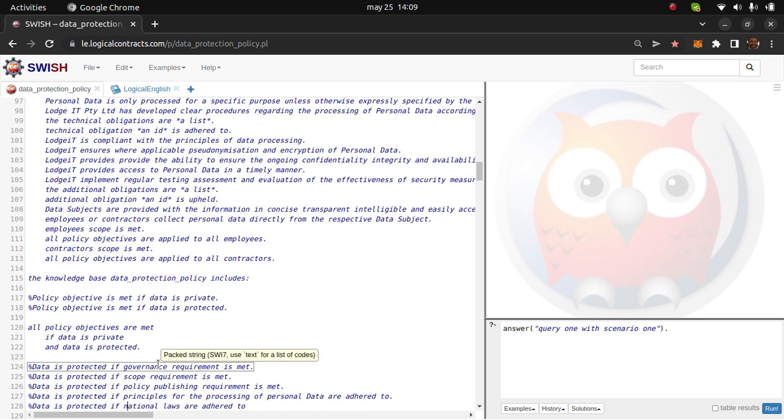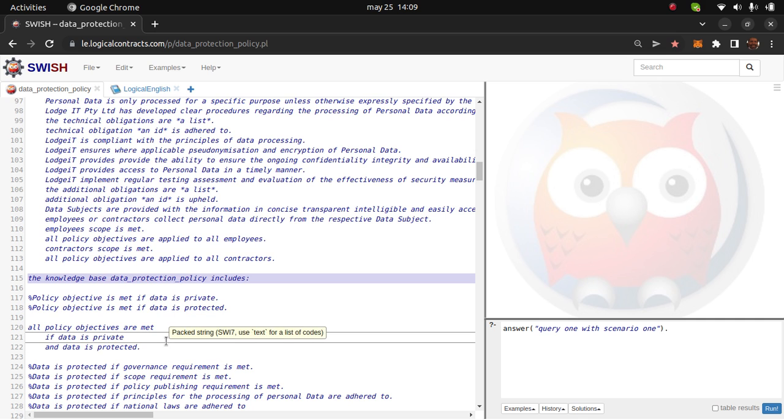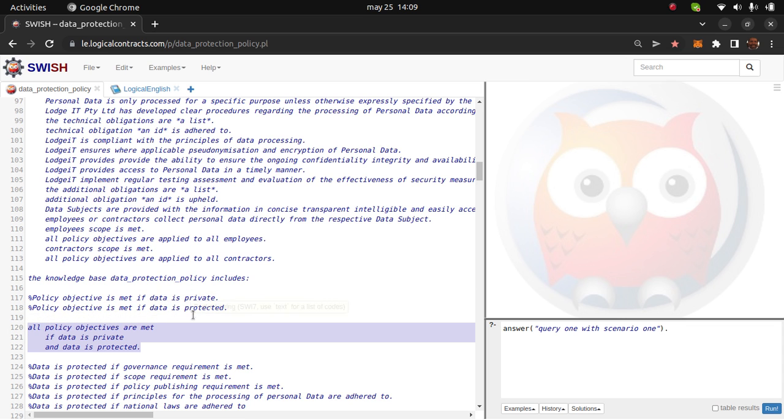are finished, we have this section with the rules that start with a statement like this: the knowledge base with a name. Data protection policy includes the list of rules that we are going to have in our knowledge base, and things like this are obtained from, in this case, examples of some specification in something like a more general form of English. So this is the structure of the rules, and in this example I just want to say that we